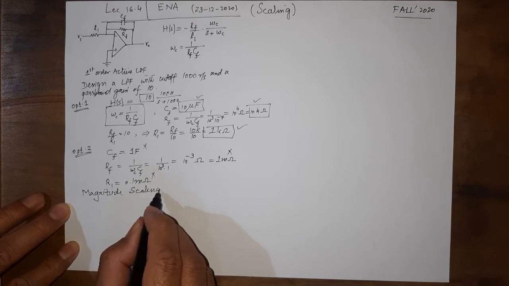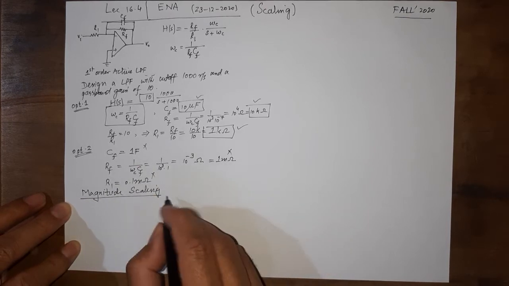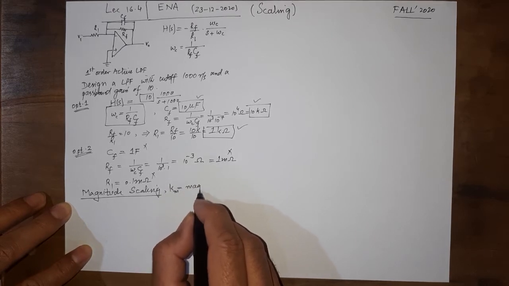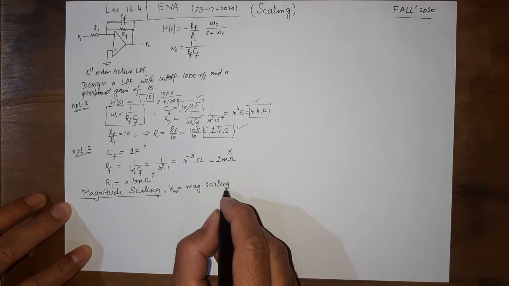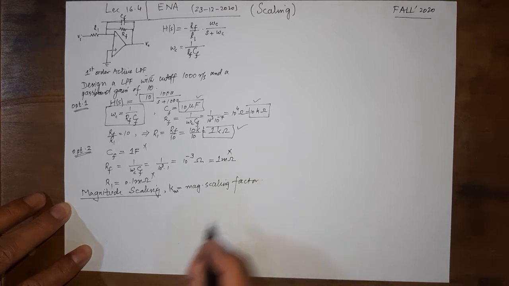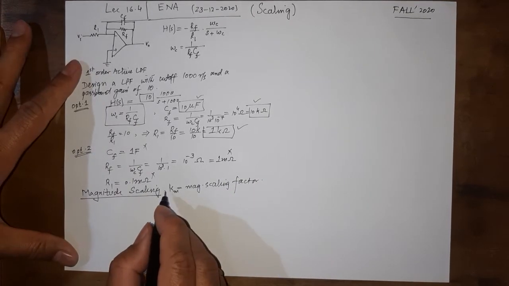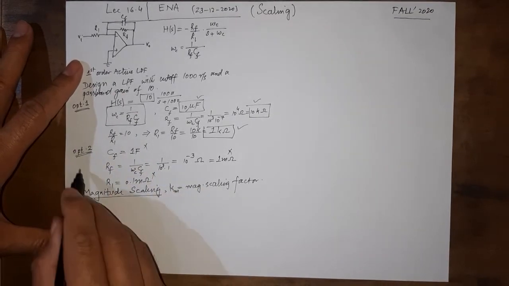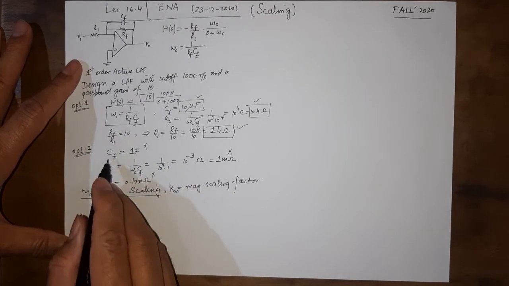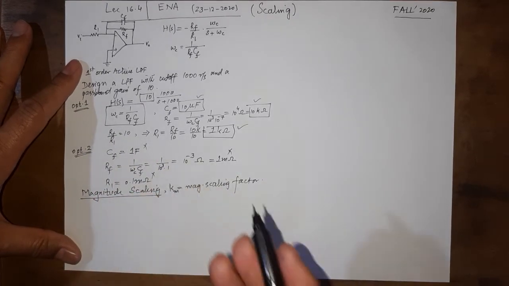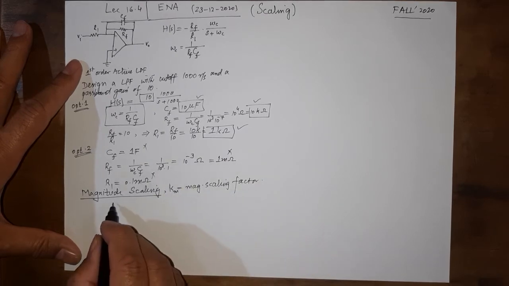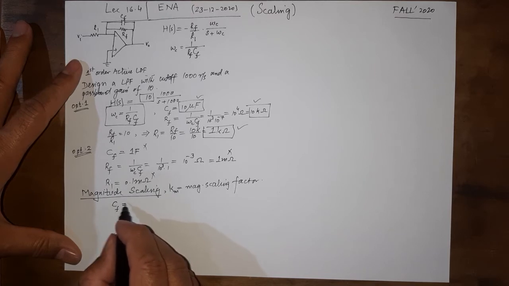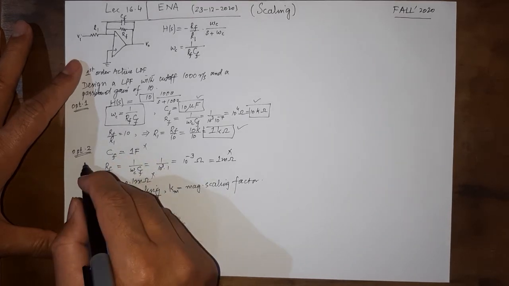So for magnitude scaling, we assume Km to be a magnitude scaling factor. That means, let us look at this option 2, or solution 2, where Cf is 1 farad, which is a bad value for practical life. We know that instead of this, we would like to have a Cf of, let us call this, so we are taking this as an example.